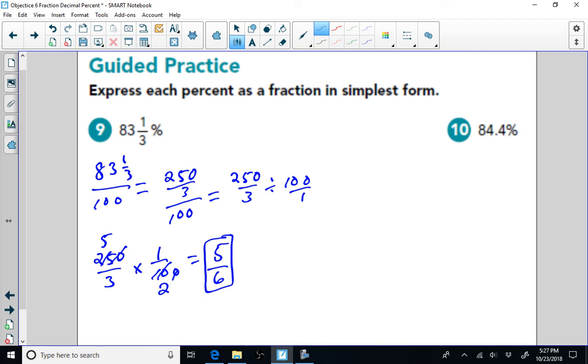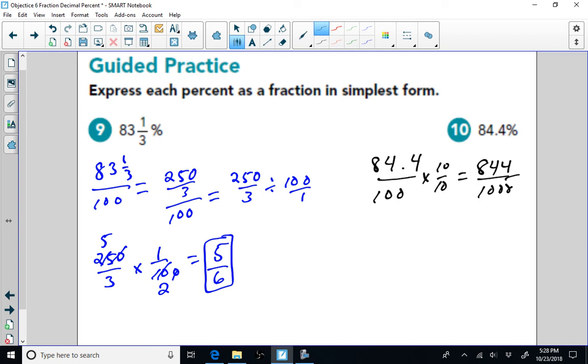All right, we have 84.4%. First, write it over 100. 84.4%. Oops. Let's redo that. It's 84.4 over 100. Then I have to actually multiply this by 10 over 10, and that's going to give me 844 over 1,000. So I want to get rid of the decimal. So I get 844 over 1,000, and now I have to simplify